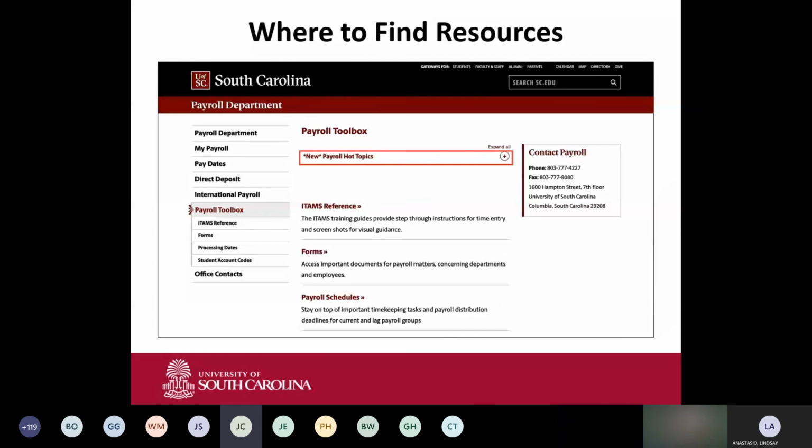Lindsay, Stephanie's asking, 90 days after the actual charge for a retro JE? Yes, the 90-day rule applies to 90 days after the original check is issued. Okay. When a live check is issued, is the employee responsible to pick it up in person?